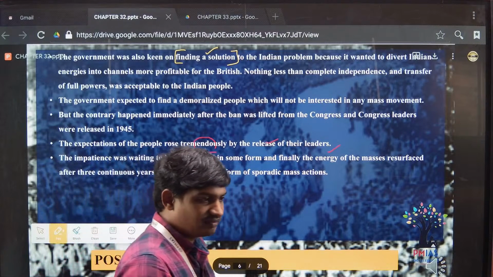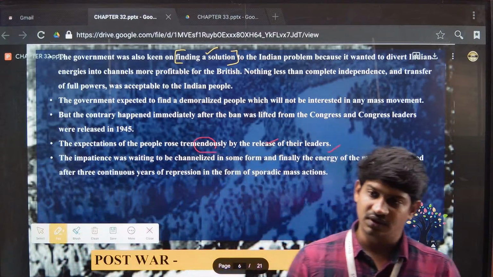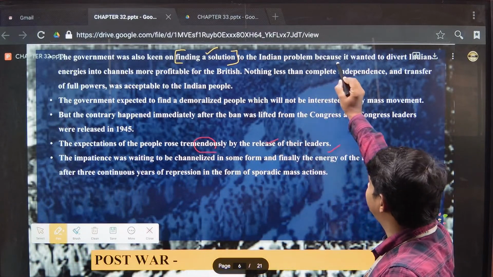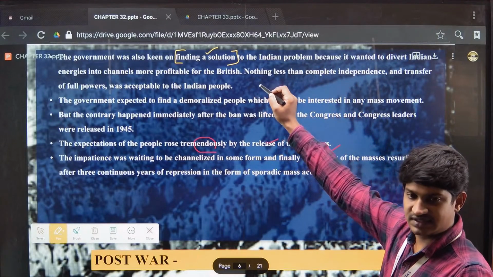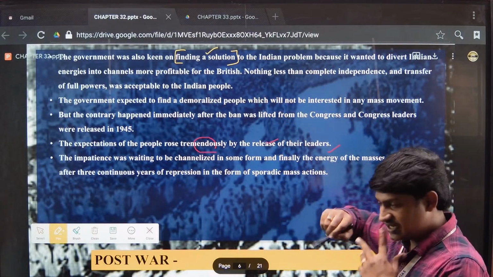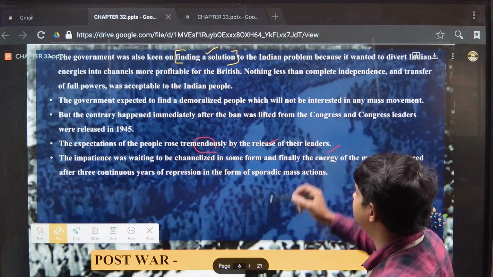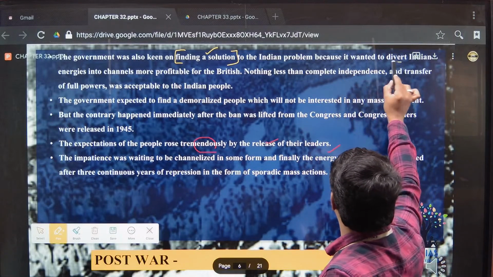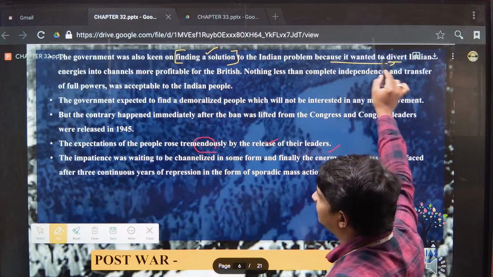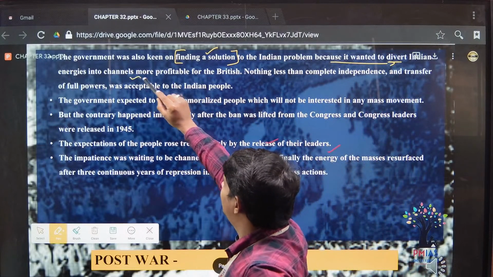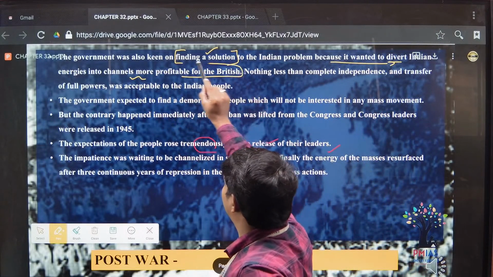So the people were demanding complete independence for long years, and the Britishers realized this, and they changed their mind to grant independence to India. The reason is that they wanted to divert the Indian energies into channels more profitable for the